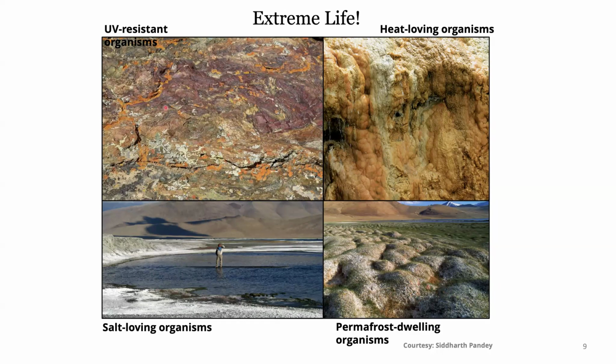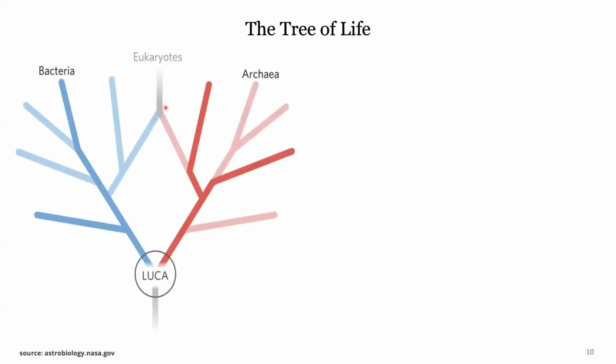And here are extremely UV-resistant organisms, because way up in such a high-altitude, desert-like environment, the UV that's coming in is really, really high, which is why you need to slather yourself with a lot of UV-resistant creams and stuff. So in all these extreme environments where you and I will struggle to live or actually even die, these single-celled organisms can thrive. So it's super important to first understand how the ancestors of the single-cell entities came about.